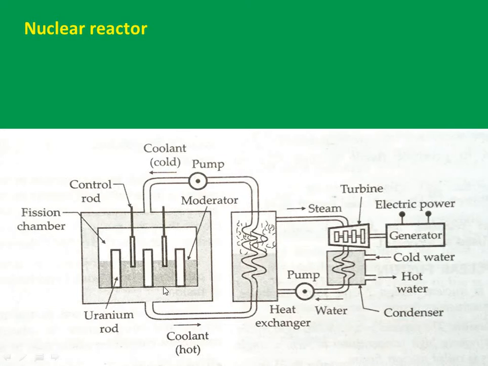Okay, coolant. Let's look at the coolant. Here it is. A large amount of heat will be developed in this process. In order to cool it, the heat developed in the reactor because of the chain reaction has to be controlled. So the heat generated in the fuel elements is removed by using a suitable coolant flowing around them, and the coolants we use are water at high pressure, molten sodium, etc. Generally we prefer water, because that will generate steam, and that steam will be used to run the turbines, and thus we can generate electricity.